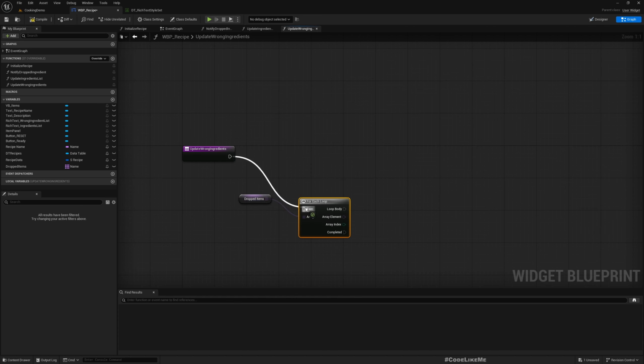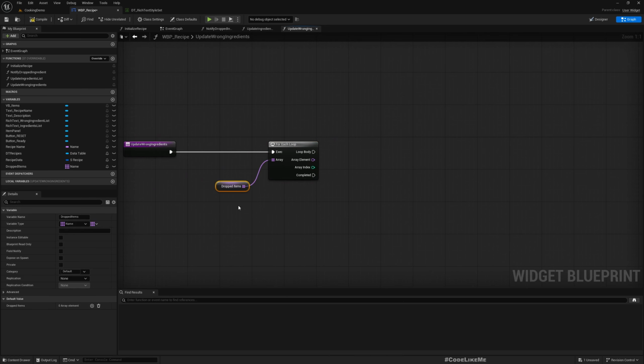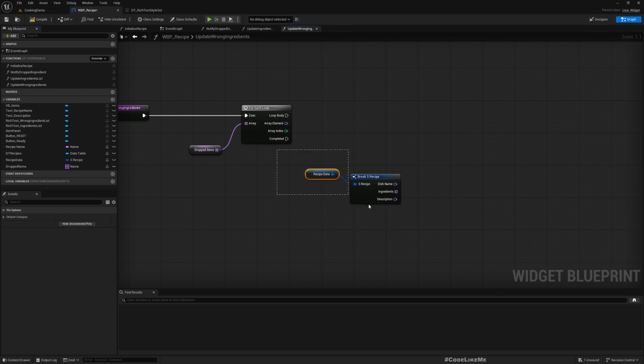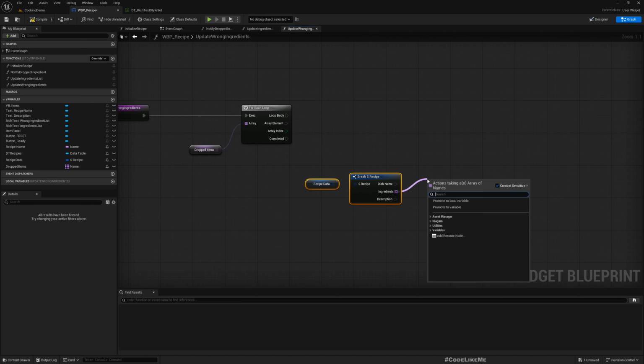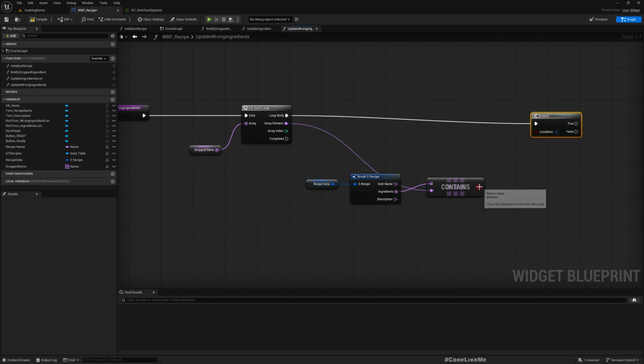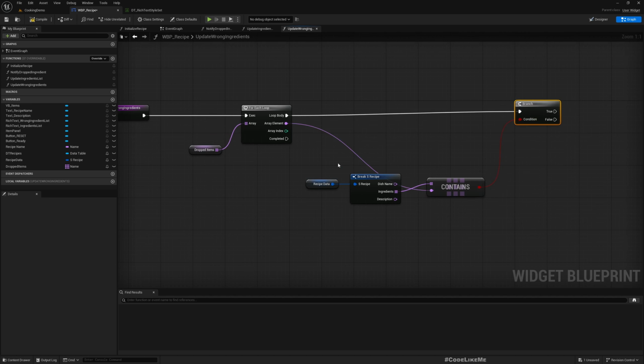Let's run a for each loop, and we can check if any of the items in these dropped items are not present in the recipe. So from the recipe data, we can break, and here we have the ingredients list. We can check contains item, check this. So here, if we find anything that is not present within this ingredients array, that means we have a wrong item added to the pot. So